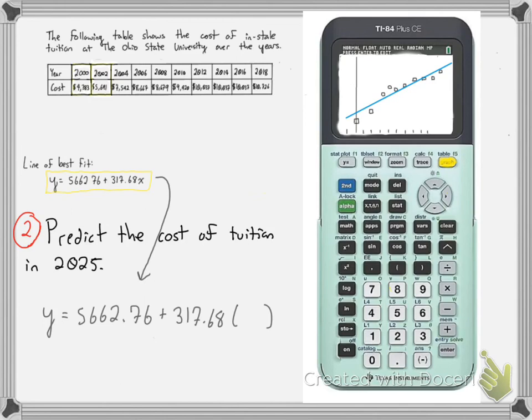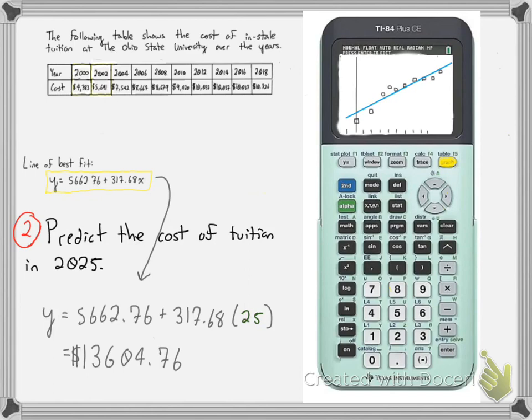X represents my year, so to represent the year 2025, I'm going to type in 25. From there, I plug this into my calculator, and I get the value 13,604.76. So here I can conclude that it's reasonable to assume that tuition in 5 years will be somewhere around